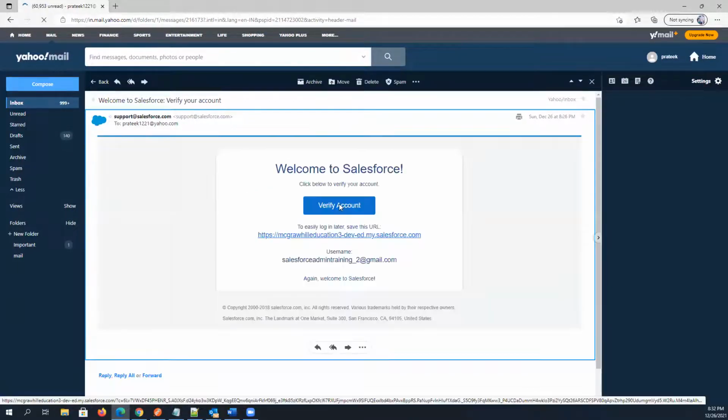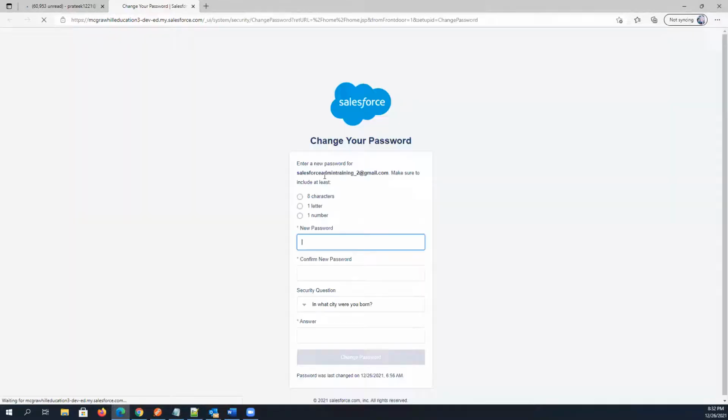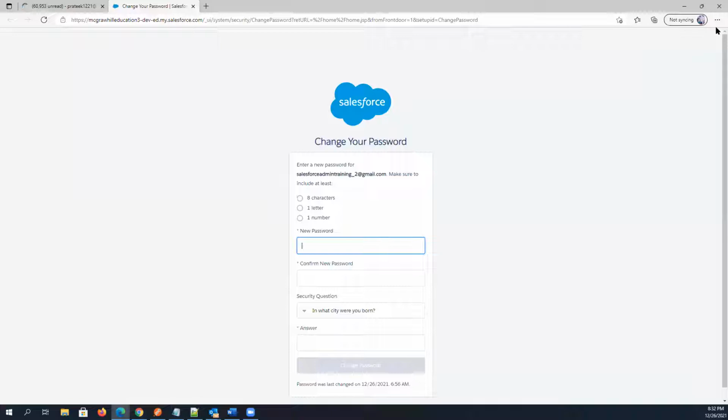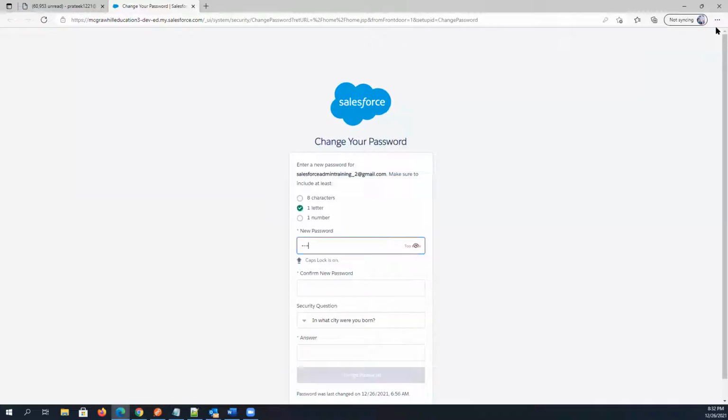So you can always verify it. Just giving the same password for second user as well. test@123.